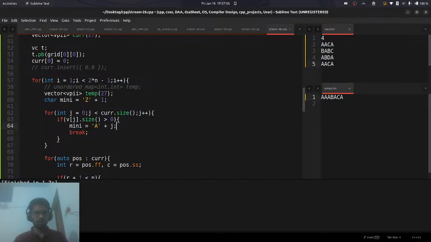And now that we found mini, we can go and iterate all the other. Okay, so we can go and iterate the